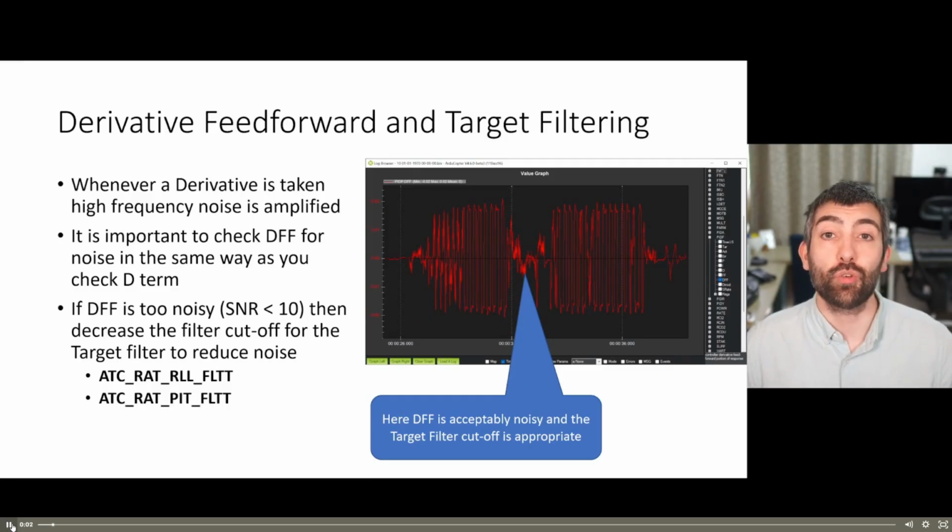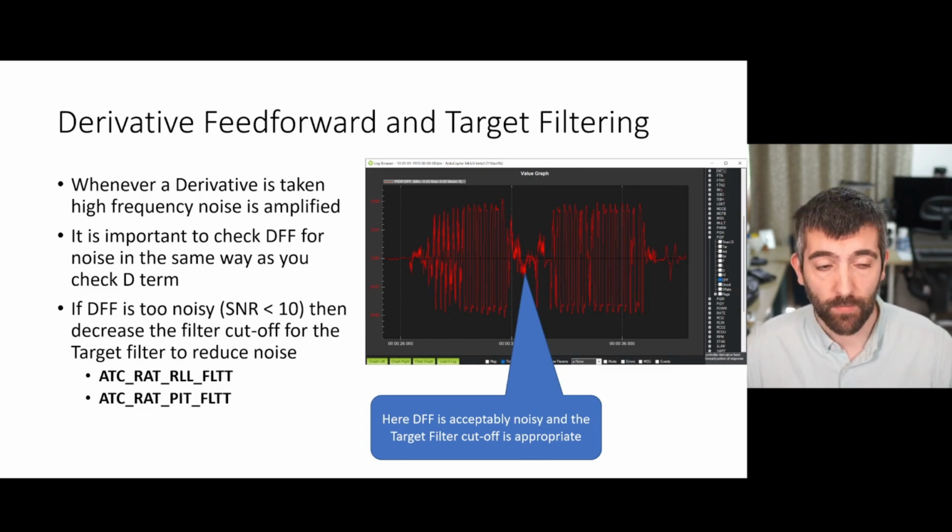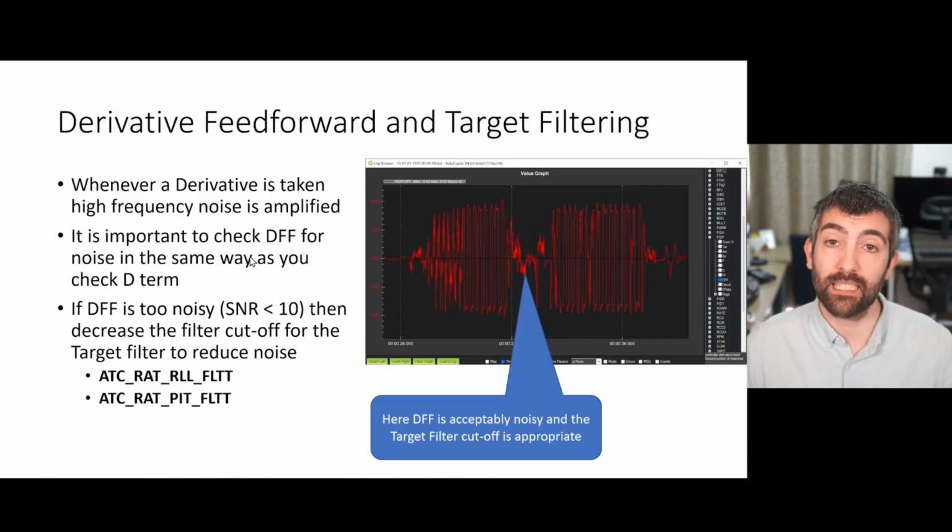Whenever you're using derivative feed forward, you also need to consider the target filtering. Whenever you take a derivative, high frequency noise gets amplified, and in the case of derivative feed forward, we're taking the derivative of the target, and therefore we're going to be amplifying all the high frequency noise in the target. It's important to check derivative feed forward for noise in the same way that you check the D term, and